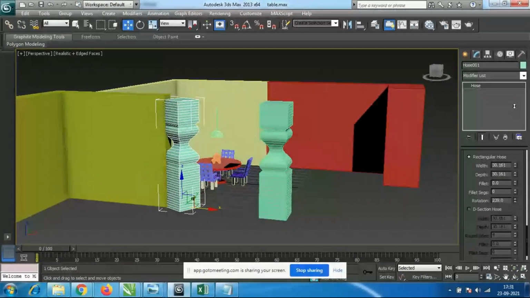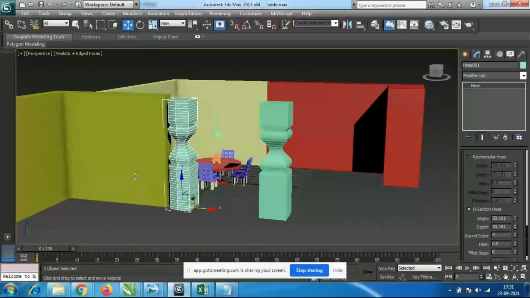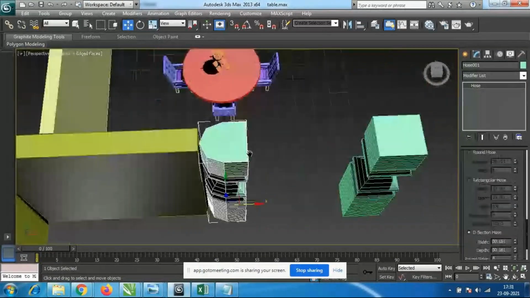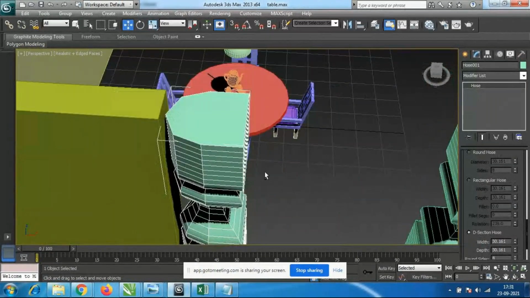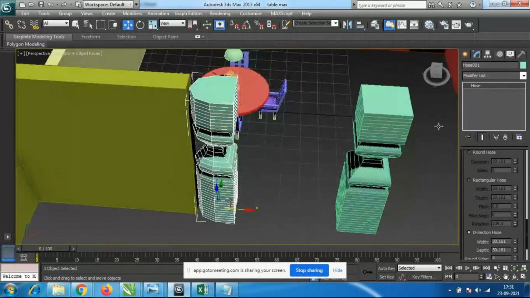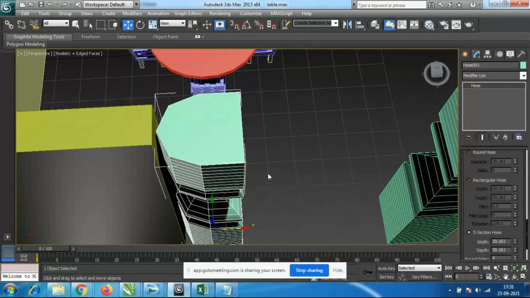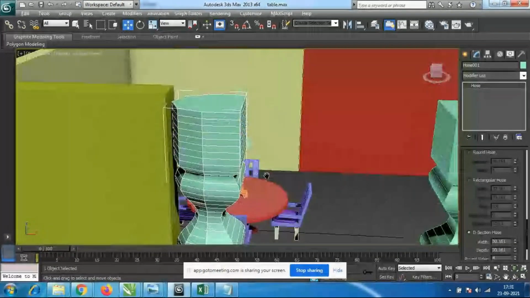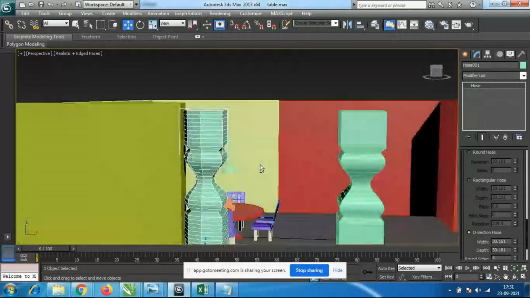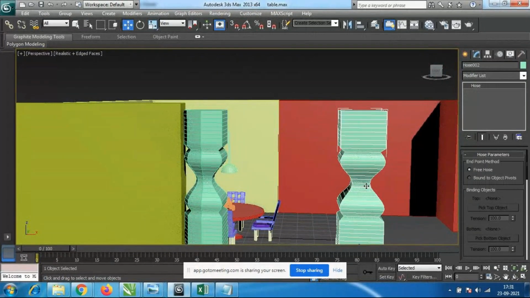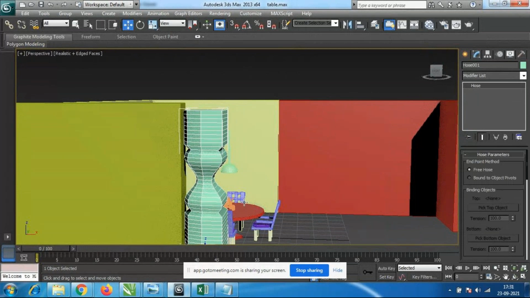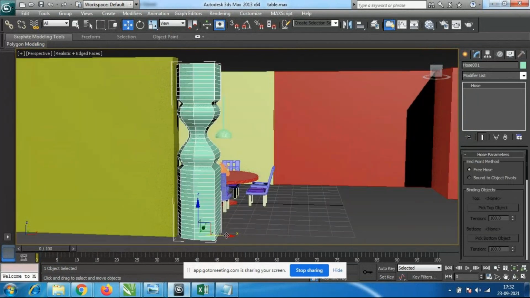Next it is a D section hose. D section hose means you can see the D shape, like 75% of the shape will come. Here a complete square shape is there. Here it is not square, not circle either. It will look like D from the top view. See, look at here, this is D shape hose. Any designs we have to make from here to here, that time we can use this D shape hose. So I'll take the duplicate copy of this.